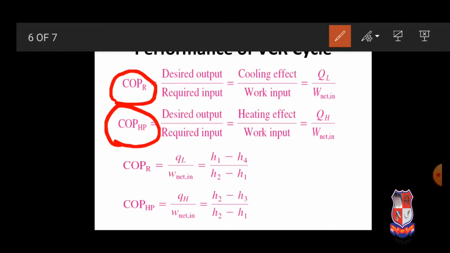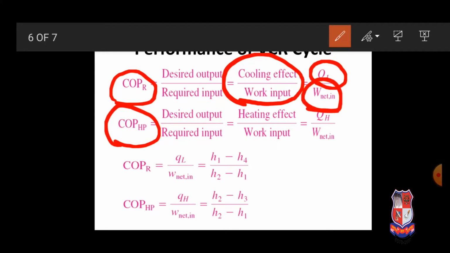So we are going to discuss the COP of the refrigerator. It is the ratio of cooling effect or refrigerating effect produced by the machine to the required compressor work. The cooling effect is produced on the evaporator side, which is denoted by QL. It means we are absorbing heat at the lower side, denoted by QL. And the required compressor work will be W net.